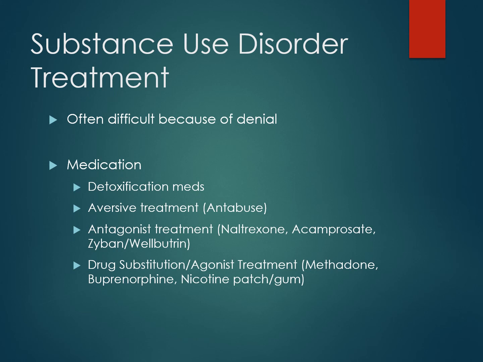Finally, there are agonist treatments, which are also known as drug substitution treatments. In these cases, the individual uses a medication that provides the person with many of the same physiological effects as their drug, but in a safer way. For example, methadone or buprenorphine are used in substitution of opioids like heroin. They will produce many of the same physical effects, so the person doesn't experience withdrawal symptoms, but without as much euphoria and in a safer way, as the individual doesn't need to engage in unsafe behaviors like prostitution or theft to access the drug, and they won't be sharing needles.